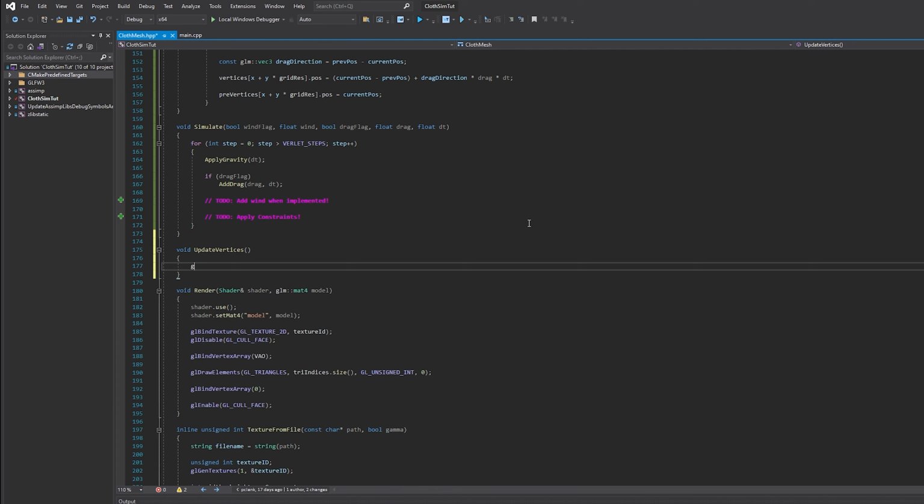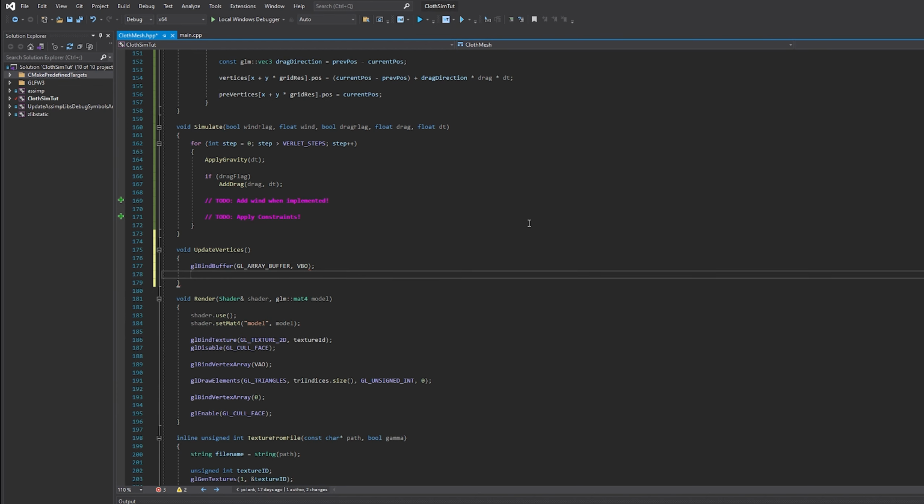So here all we have to do is bind the buffer. Again, if you don't care about graphics APIs, it doesn't really matter. So we want our array buffer here, our VBO, and all we want to do is say glBufferData to pass the data. And again, the array buffer that we just bound. Vertices, size,